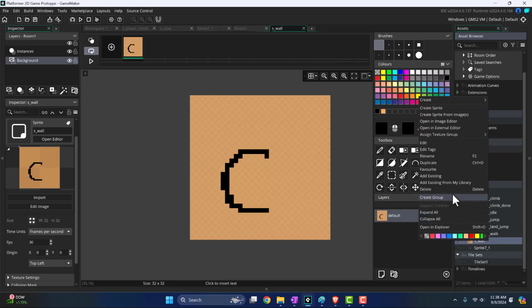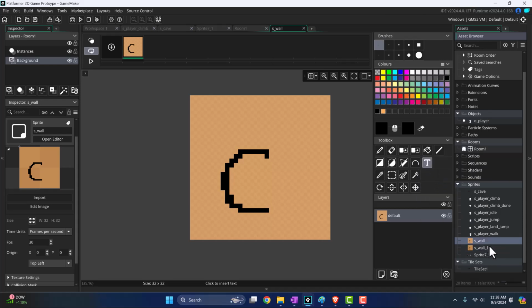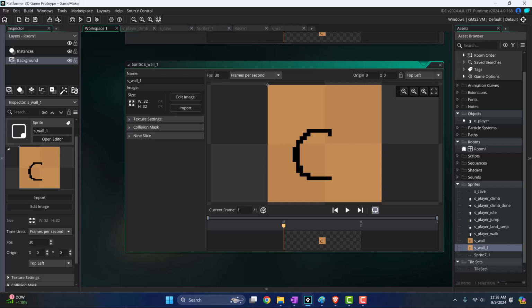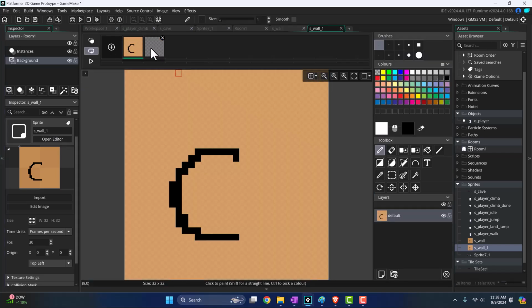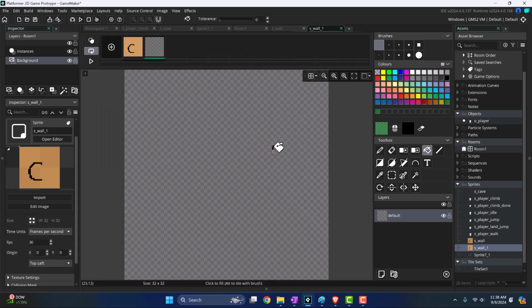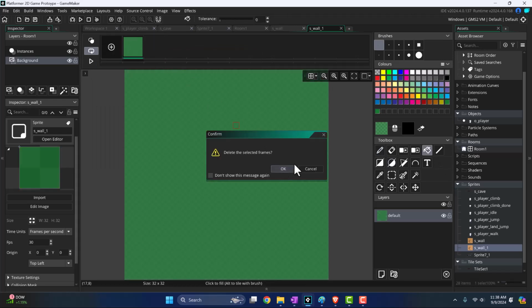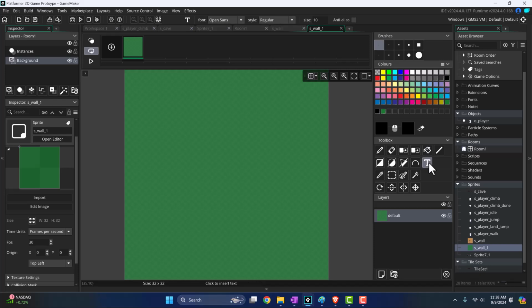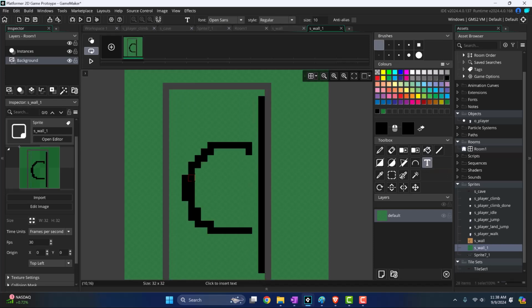Next up, we're going to just duplicate this, because what we're going to do is we're going to create a second wall, or a second collision. You can kind of name it whatever you like. Green's fine. Set this to 180, make it slightly transparent. Fill, toss that in there. We don't need the first frame, you can delete it. Change our color to black, and we're going to call this one